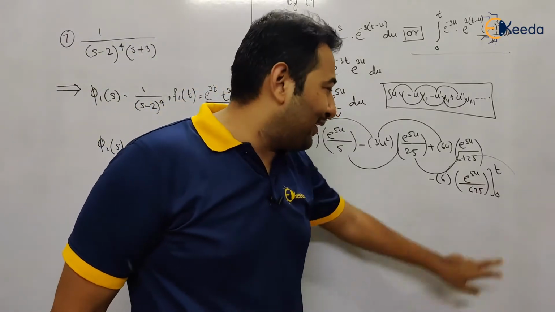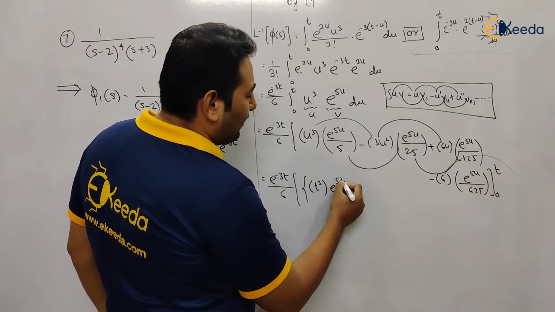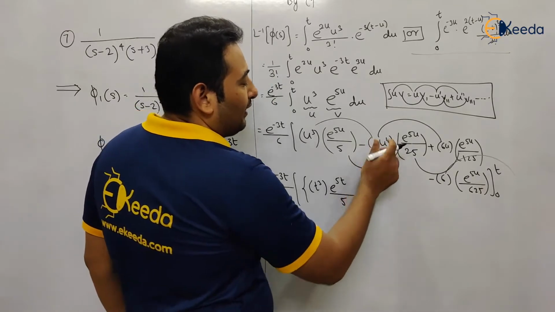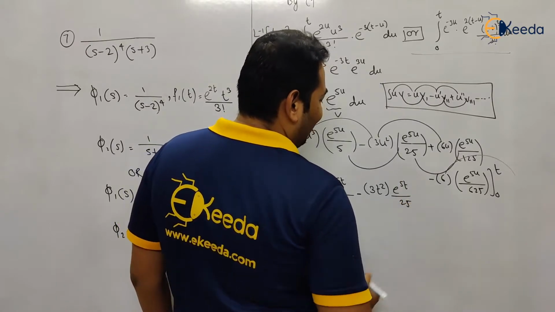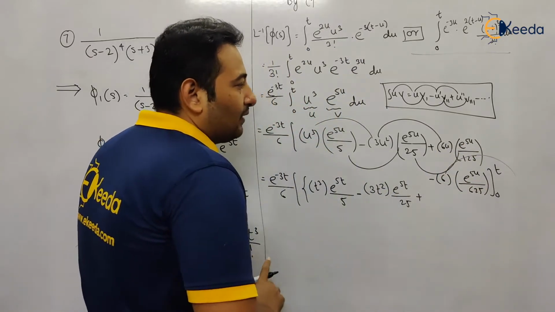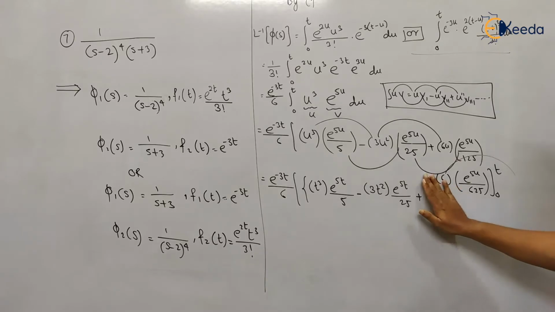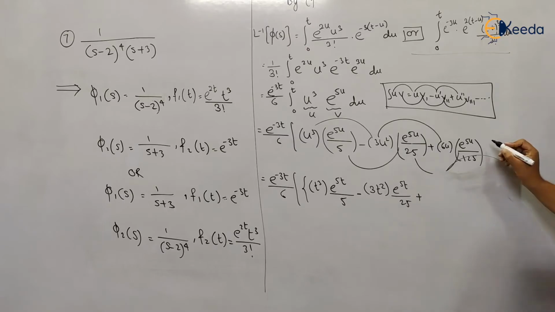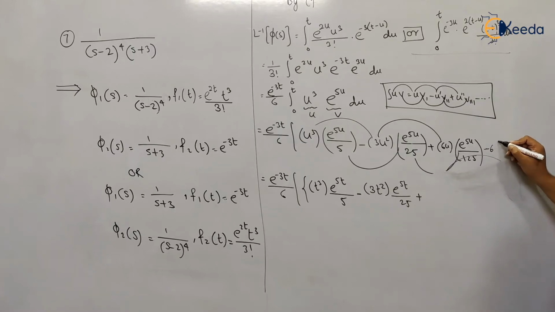In place of u, I am going to put t. If we put t here, this will be t cube e raised to 5t upon 5 minus, let us put t here, 3t square e raised to 5t upon 25. Next, plus, let us put here in this term. Let's do one thing, let's write down this term here. This will be minus 6, this is plus minus plus and minus, integration of this term e raised to 5u upon 625. No need to go ahead, 0 to t.